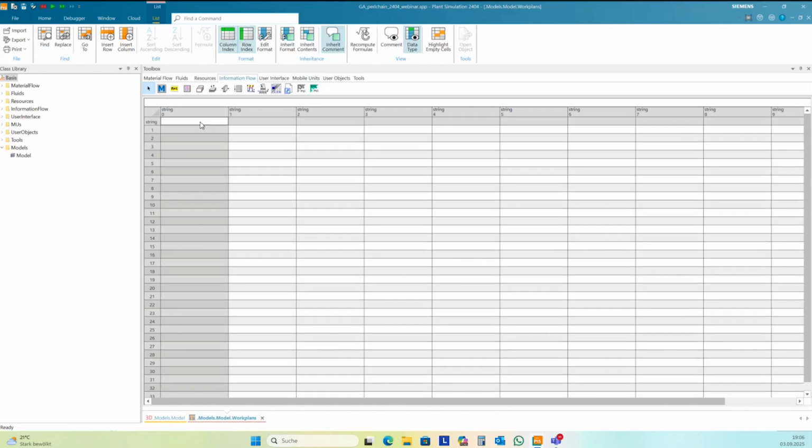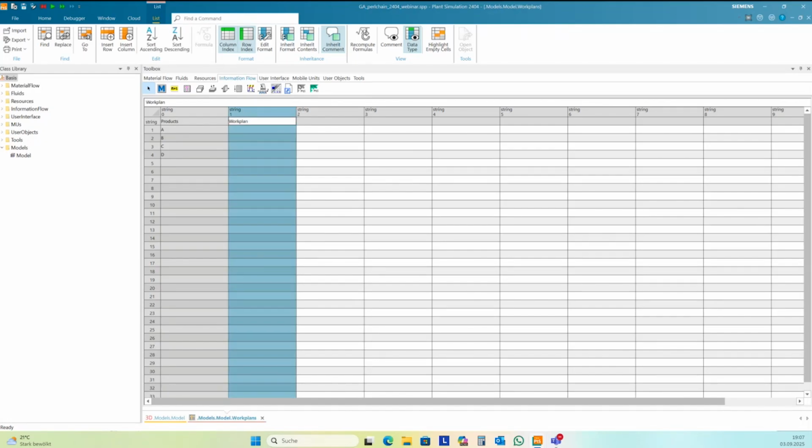In the row index, I have my products, and in the first column I have the work plan. I want to have A, B, C, D, 4 different products, and work plan.